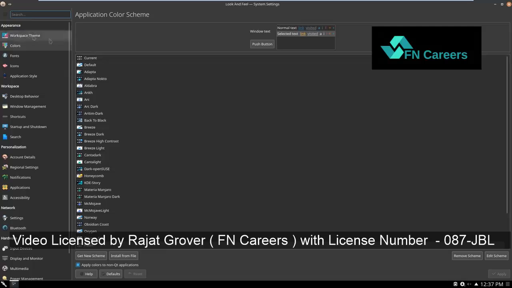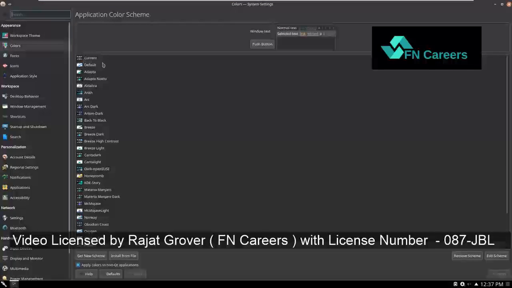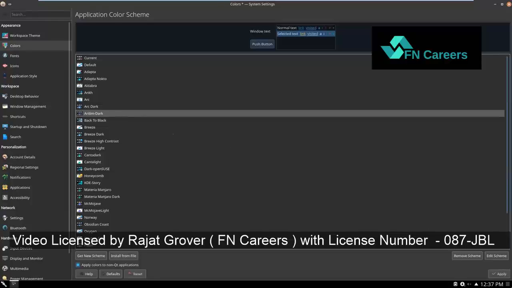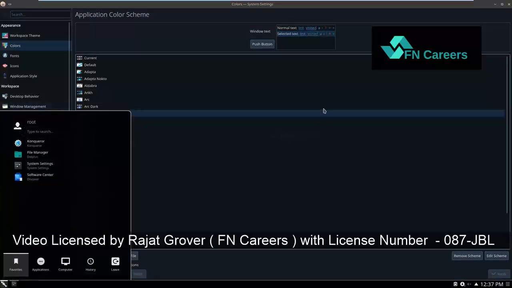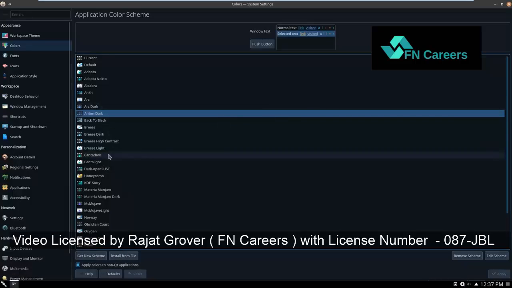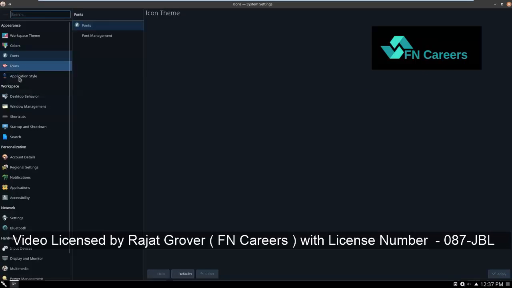So here as a workspace theme we have cyan, right? But on the colors I can go, let's say, with that one. And I'm still gonna have the icons of cyan, you see, but now I change only the colors, and you can change anything basically you want. Then again, the fonts, you can play around with this one. Icons